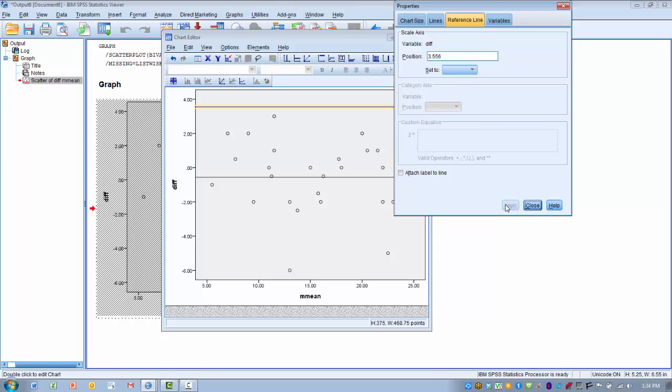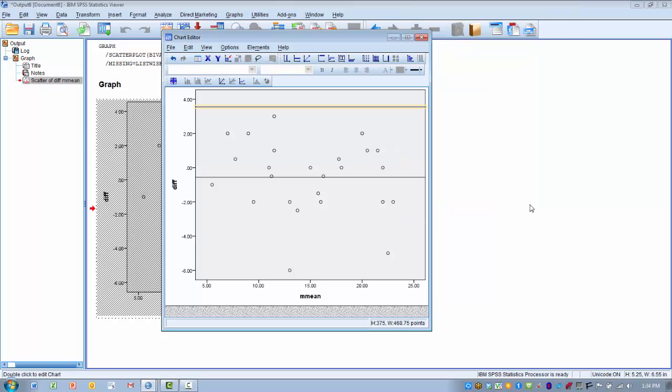Click apply, and then click close, and there's our upper reference line. Okay, now we want to add our bottom reference line, our lower confidence limit. So in this case, we again take that product of 1.96 and 2.1, and we're going to subtract that from our mean difference, in this case minus 0.56. So we take minus 0.56 minus the product of 1.96 and 2.1, which is 4.116, and that gives us a value of minus